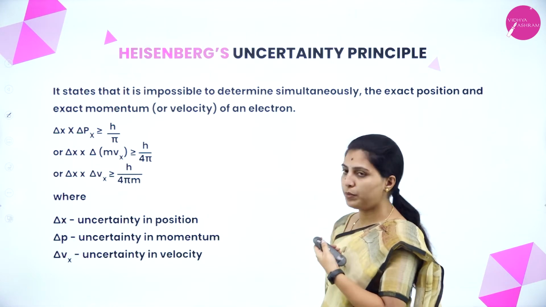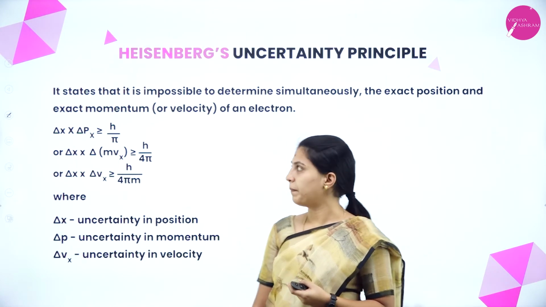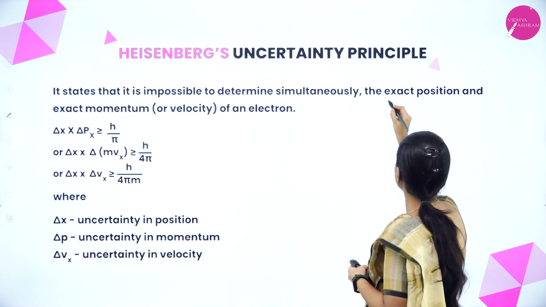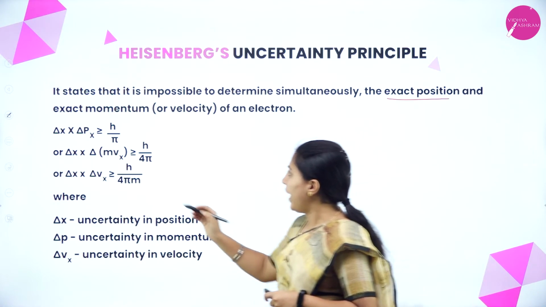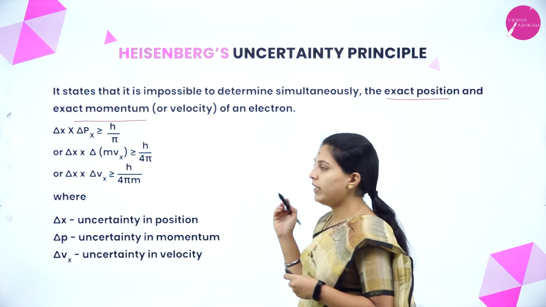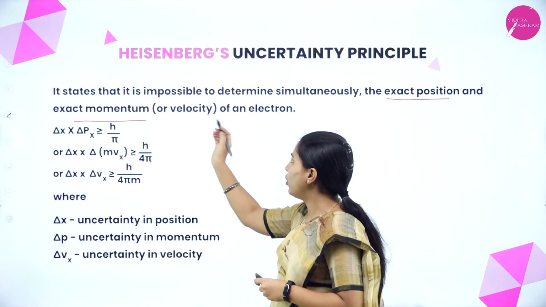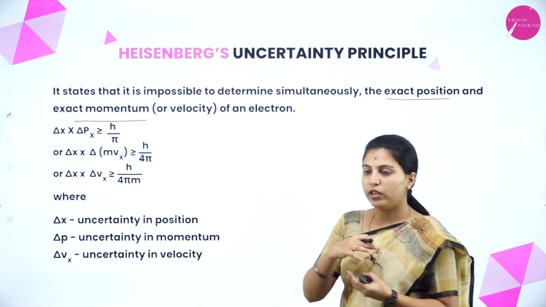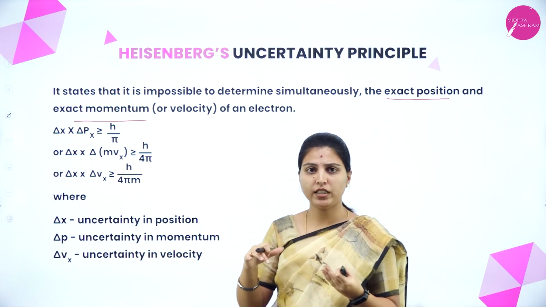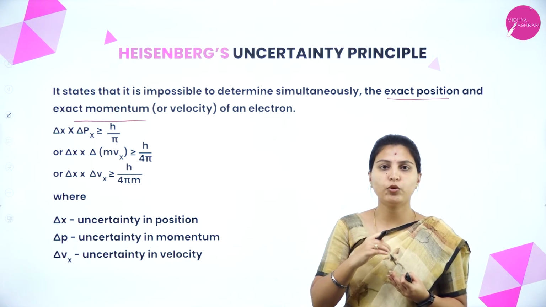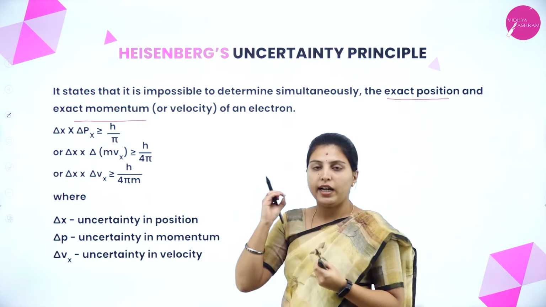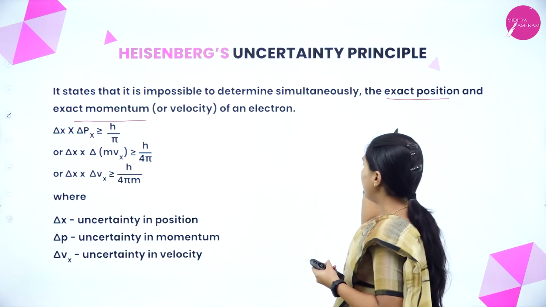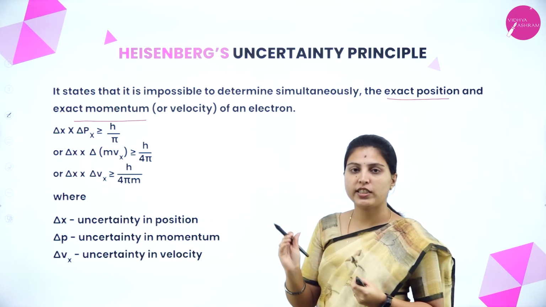Another one, Heisenberg's uncertainty principle. What he told: it is impossible to determine simultaneously the exact position and the exact momentum, or velocity, of an electron. When the electron is moving around the nucleus, it will be in a moving position. What he told means, at the moving of the electron, he could not predict the exact position and the exact velocity